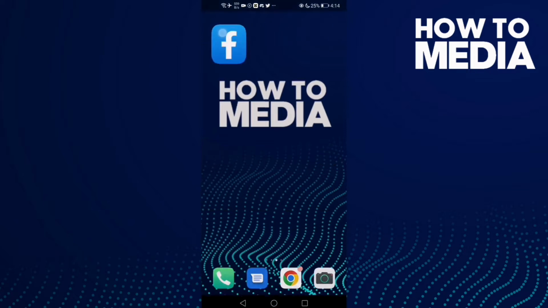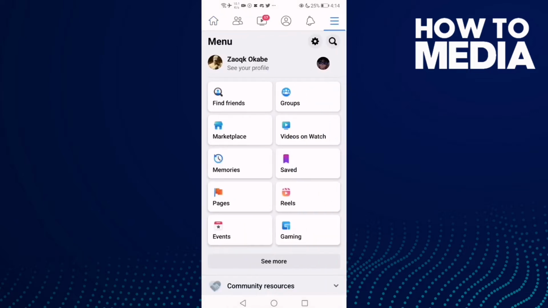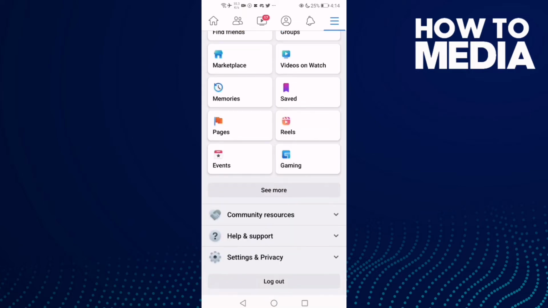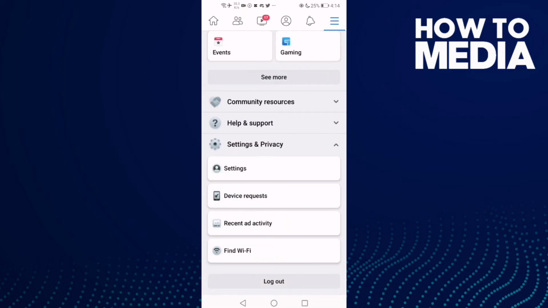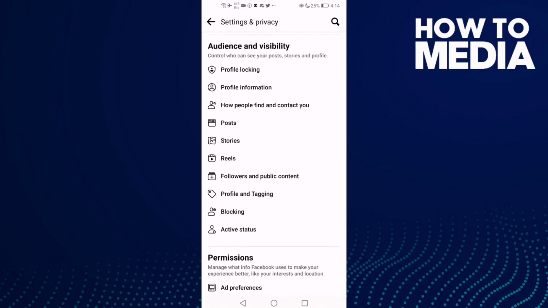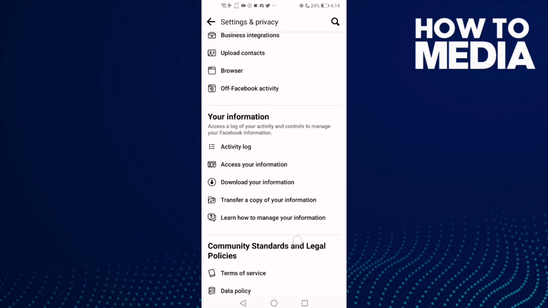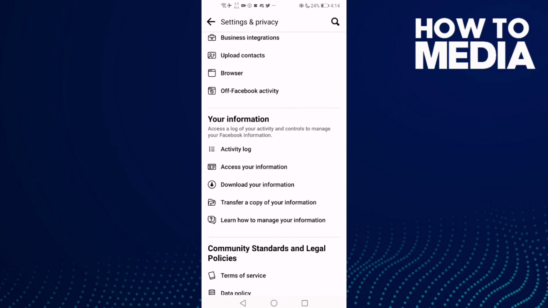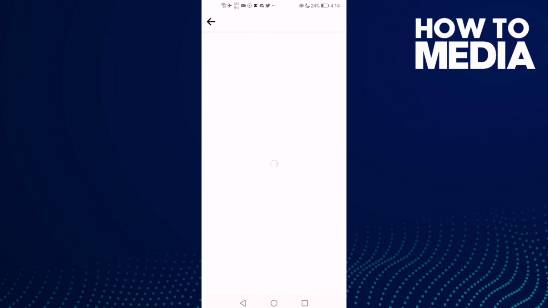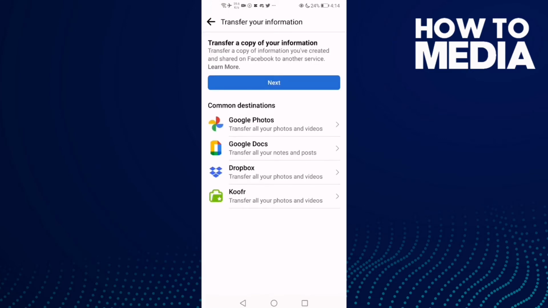First thing we're gonna do is go to Facebook and then click the storylines in the top corner and go down, click settings and privacy and then settings, and here just go down until you find this one, transfer a copy of your information, and then just click this one, next,